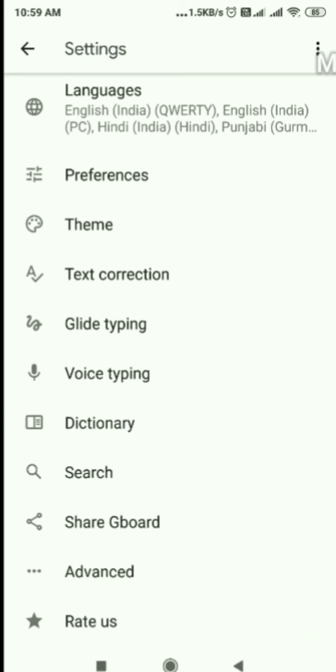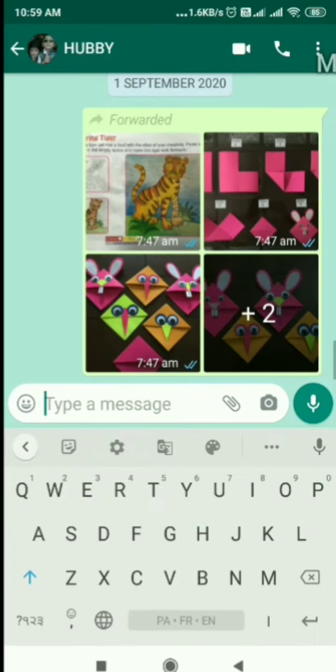Dictionary, search, share Gboard, advanced, rate us. None of these is useful for you. So get back to the previous screen. Now I will show you how you are able to type in Hindi language.